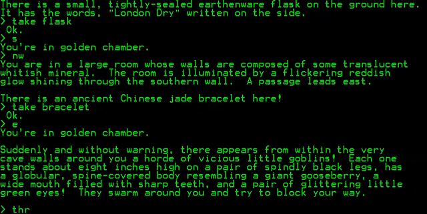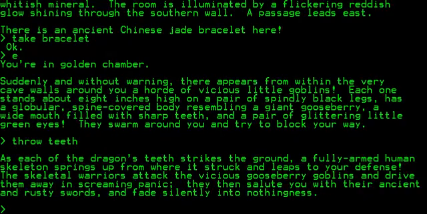But have you ever heard that teeth sown into the ground, dragon's teeth, in fact, will actually grow into warriors? Well, I have, and it's just as well, because if I throw the teeth, it says, as each of the dragon's teeth strikes the ground, a fully armed human skeleton springs up from where it struck and leaps to your defence. The skeletal warriors attack the vicious gooseberry goblins and drive them away in a scampering panic. They then salute you with ancient and rusty swords and fade silently into nothingness. So we'll go south,